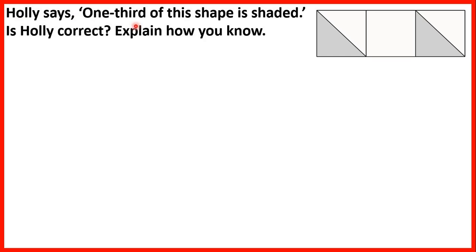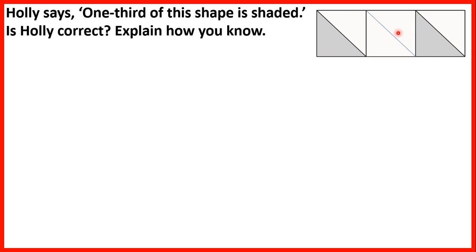Holly says 1/3 of this shape is shaded. Is Holly correct? Explain how you know. So here we have a shape made up of triangles and a square, but the square isn't the same size as the triangles, and when looking at fractions of a shape, it's easier if our pieces of the shape are the same size. So it's a good idea to split this square in half so that it's the same size